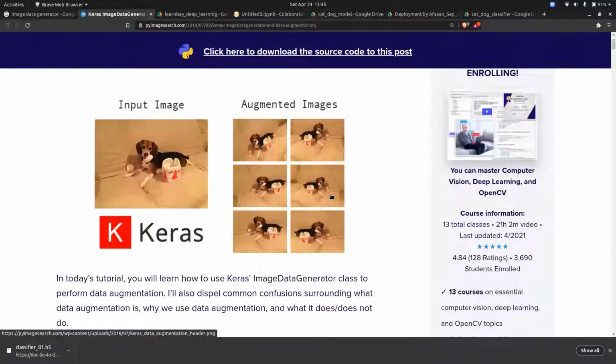This is why we are doing this. Suppose you have less data with you, so you can just replicate the images. You have seen the imbalanced data set. What we do is we perform smoothing and the replication is done, right? The same thing we are doing here, but in the form of an image. Is it clear to everyone what this image data generator is? Yes. Okay, great.